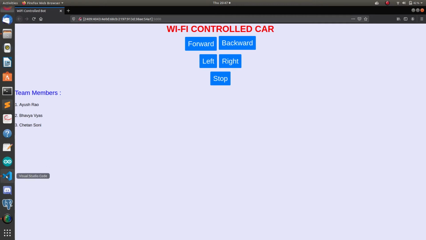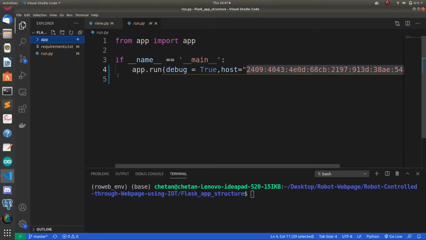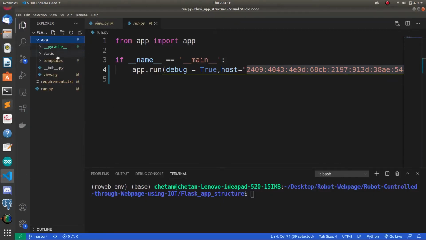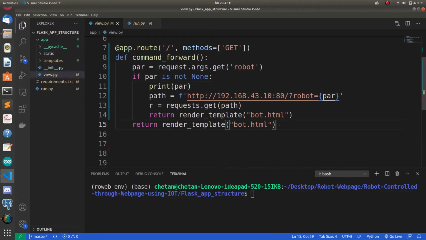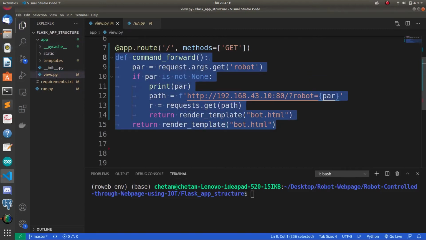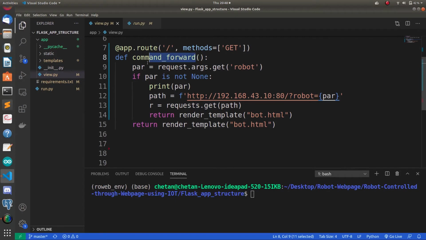So now first of all, let's see the code in a brief way. So this is the code of our web page. Basically our web server is performing simple functions like just forwarding the commands which are received from the internet to our bot. So basically it is receiving a GET request from the IPv6 address, and we are fetching